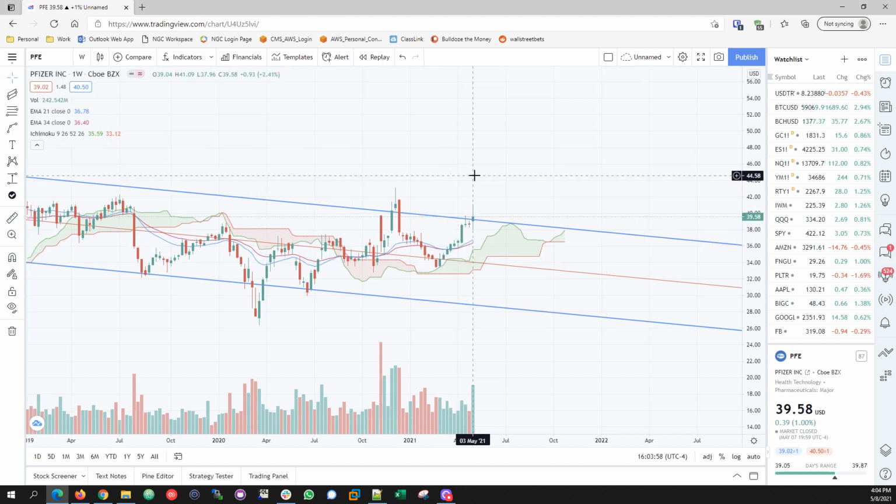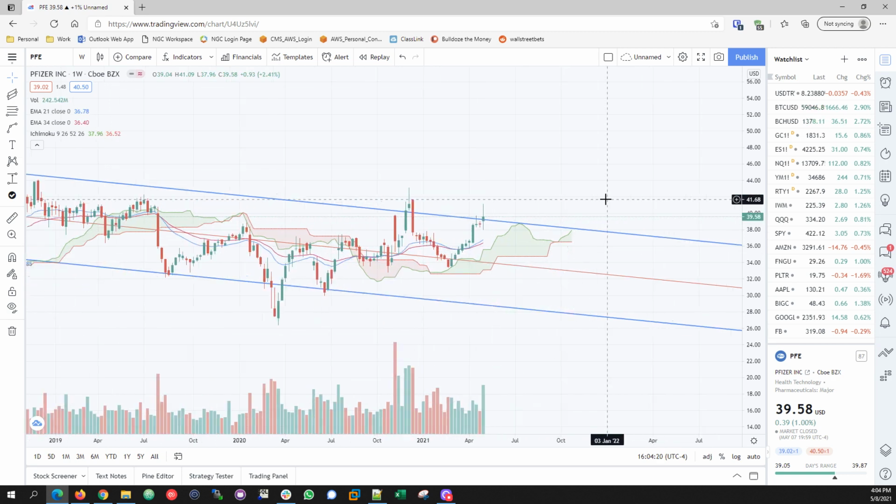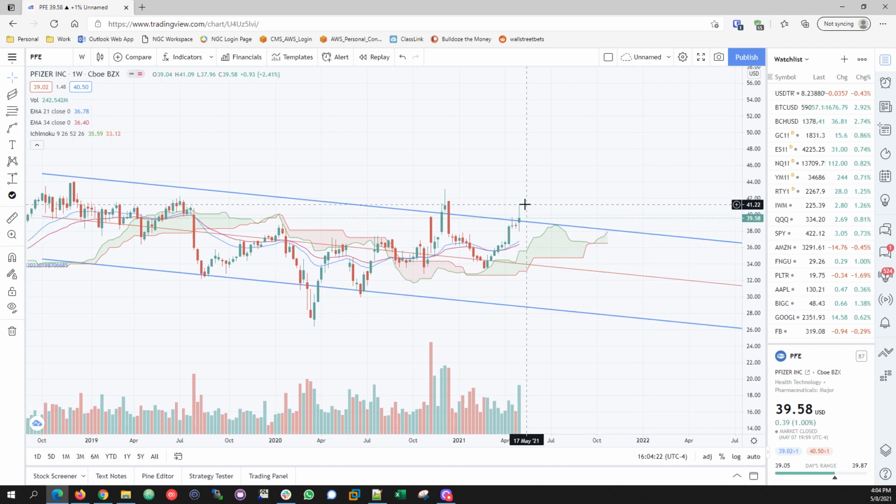I don't know about Pfizer and what was the other, is it the German company? I forgot, BioNTech or something. They're partnered, and I guess they're going for another approval, I saw on Twitter. So I'm not sure if it was because of that or because of sector rotation. But as soon as it goes above 40, it just comes back down. When I say going above 40, it could go to like 42, but it doesn't hold, it just goes down.